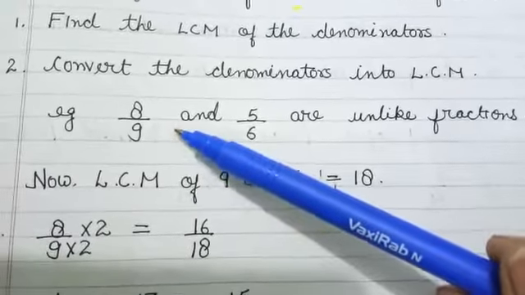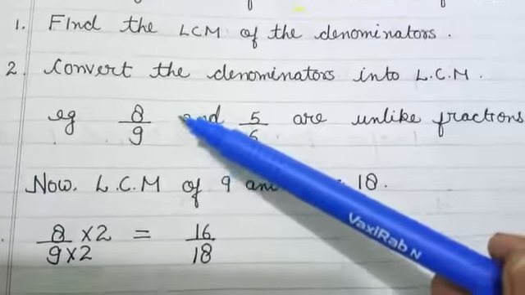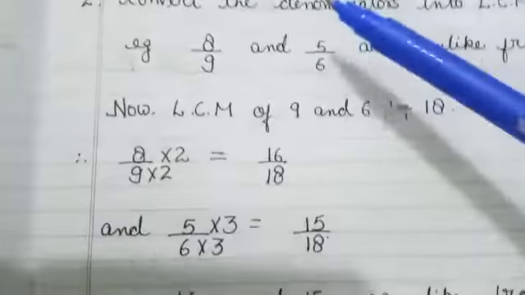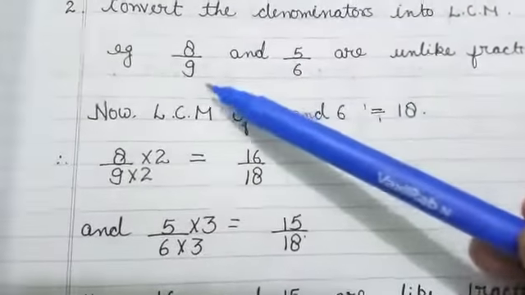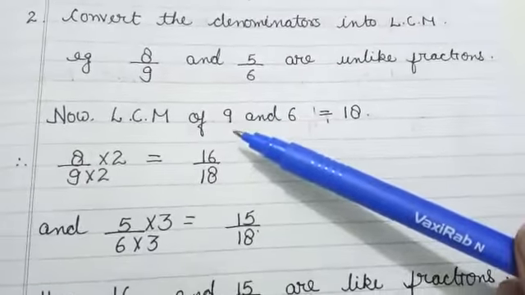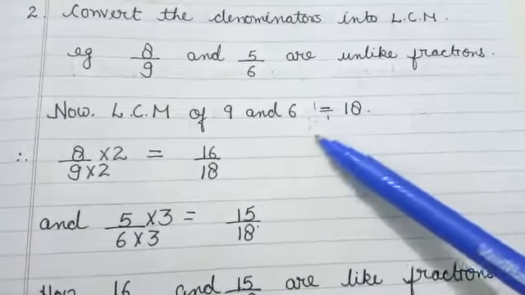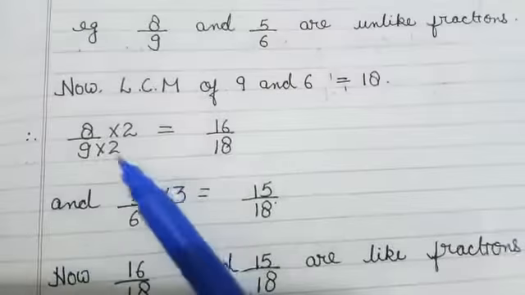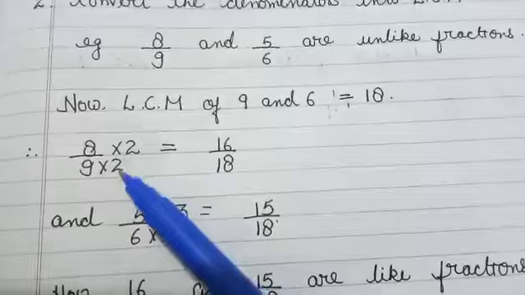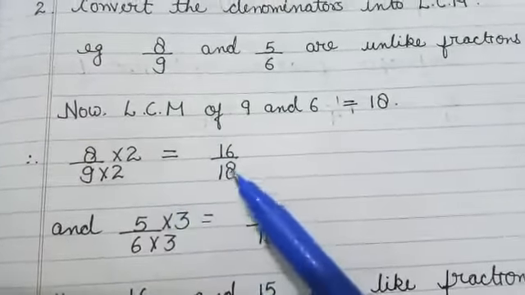And you know, to make the fraction equivalent we have to multiply the denominator as well as the numerator also. So let us take one example. Suppose we have two numbers 8 by 9 and 5 by 6. As 9 and 6 are different, it means these two fractions are unlike. So how will we make them like? See, we have taken the LCM of 9 and 6, that will be 18. Now 9 is multiplied by 2 to get 18. So you have to multiply 8 by 2 also. Numerator and denominator should be multiplied by the same number to keep it equivalent.